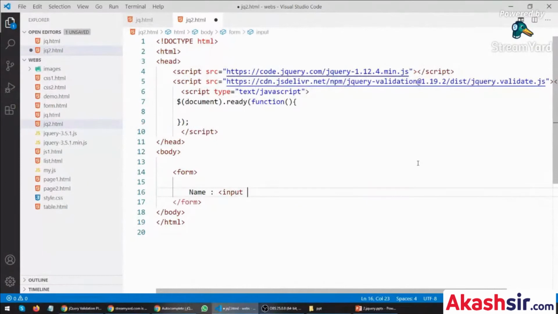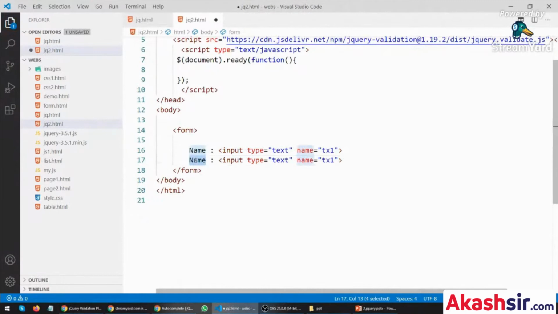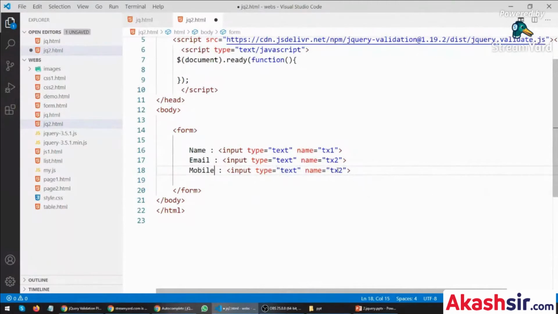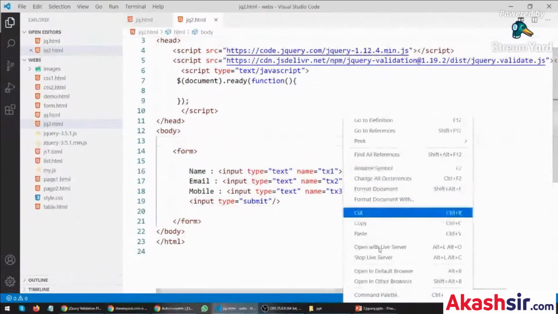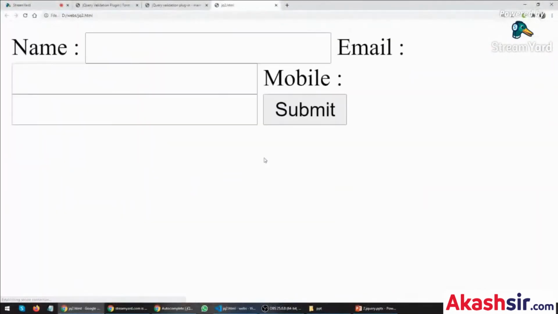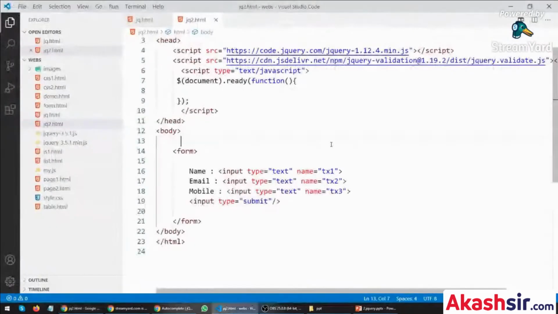name, input, type, text, name, txt1. Same for email. And mobile. Txt. It's done. Okay, so this is my simple sign up form, or we can say this is a simple contact form. And if I want to display a new line,